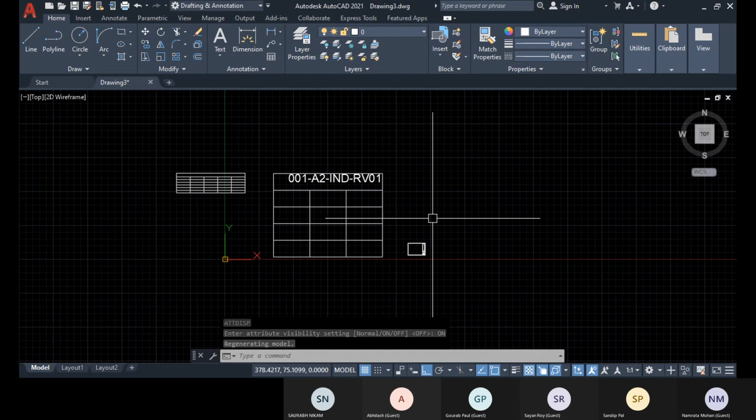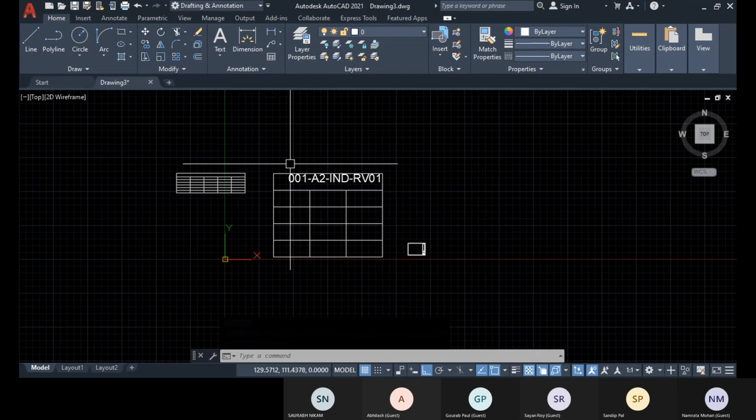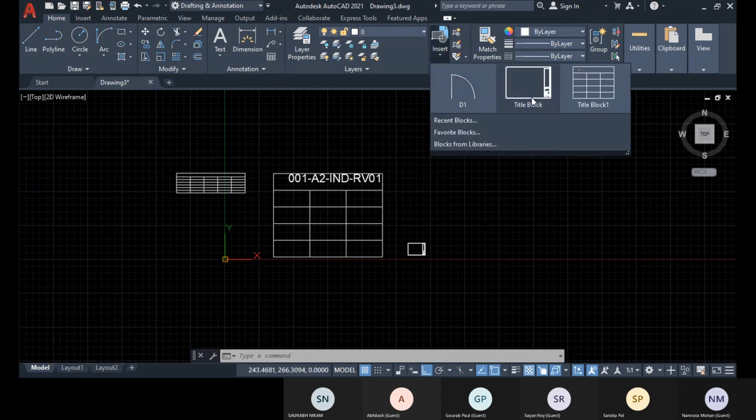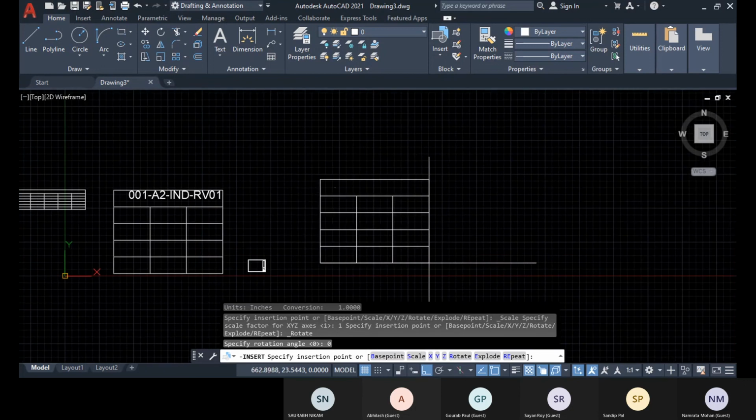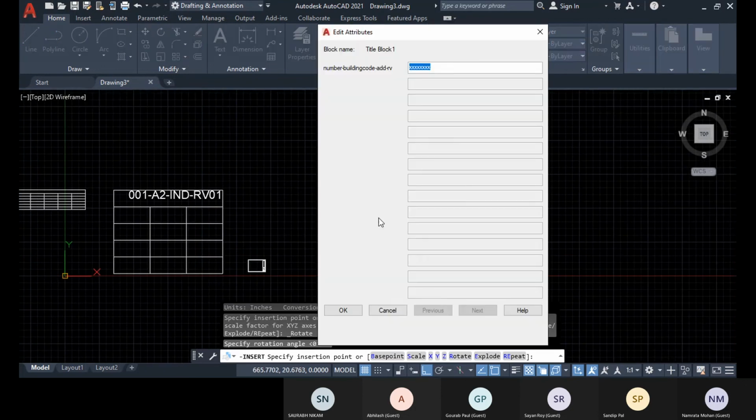And one more thing, whenever you place a block with attribute and specify the insertion point, this window will pop up. This is the edit attribute window.